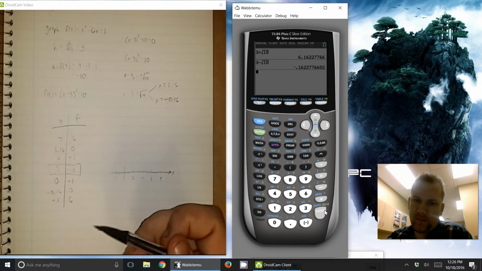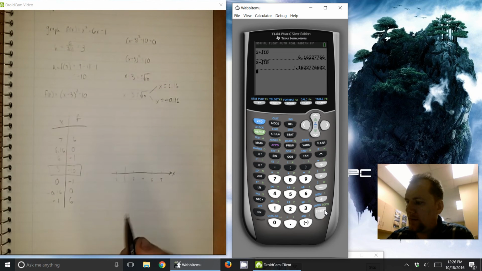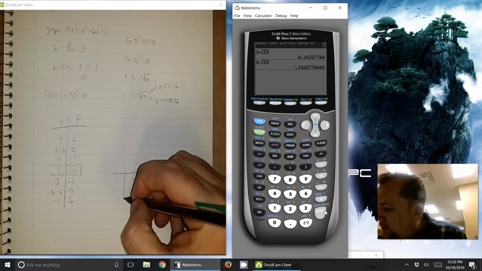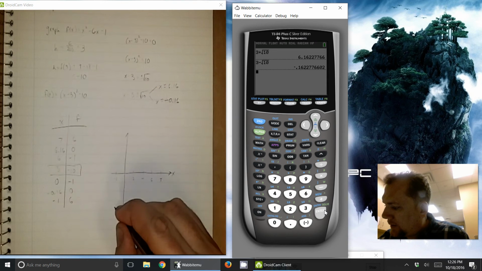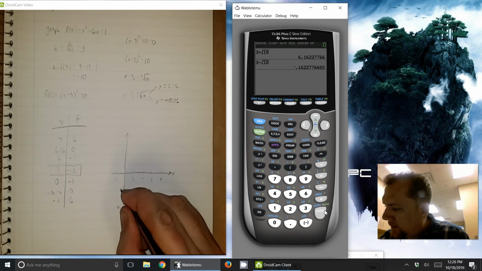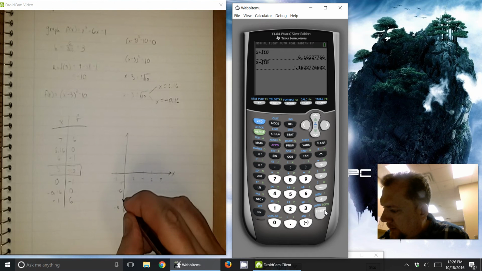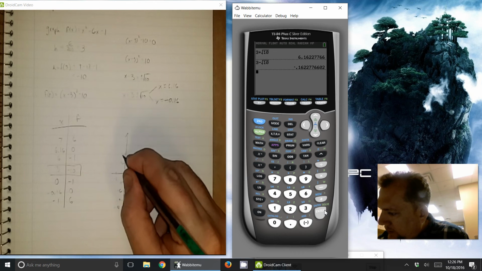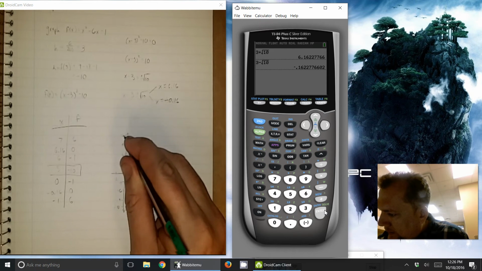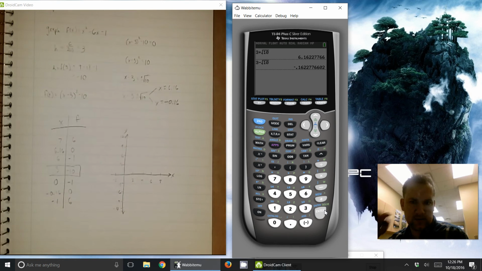So let's go negative 12 to 12. That's simple enough because that's easy to split in half a bunch of times. Negative 12, negative 6, negative 3, negative 9. So it looks like I'm going by 3's here. So that is a good way to scale the